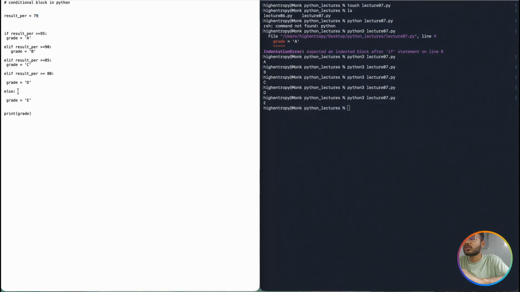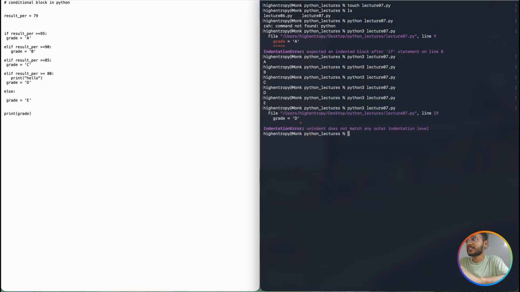Suppose now you have a doubt: what if I wanted to run some other code, I don't want to see the grade? Let's run something, print. But just remember one thing: when you are writing code, all the code should be at the same indentation. If I keep print hello, I think it will throw an error. I never experimented with these kinds of things. You can see the level of indentation, it's not sure whether it is part of this one. Suppose it considered this level, then it should be at the same level.